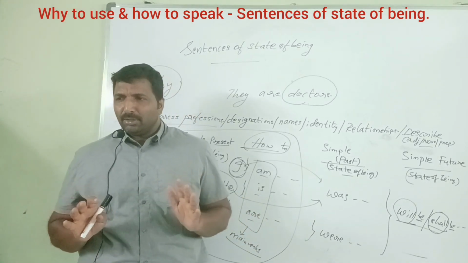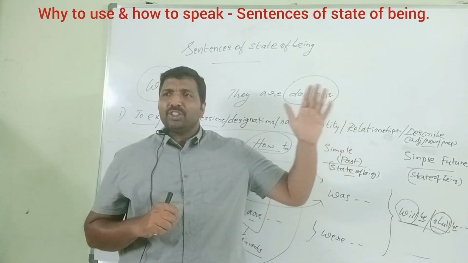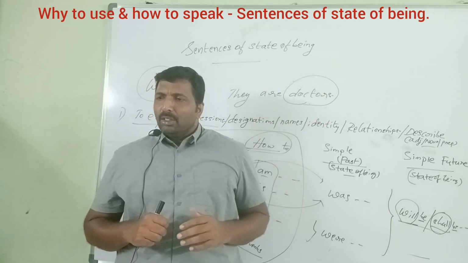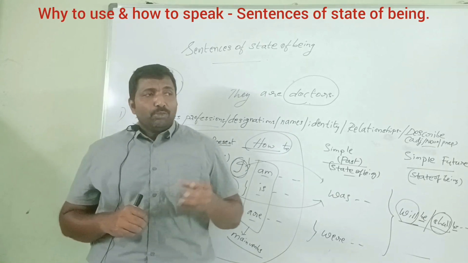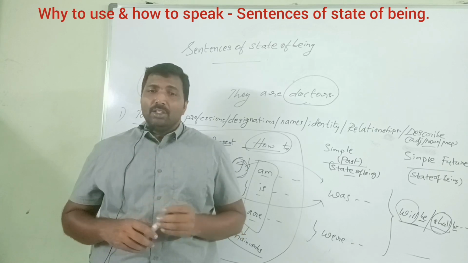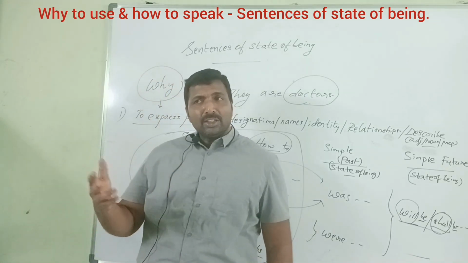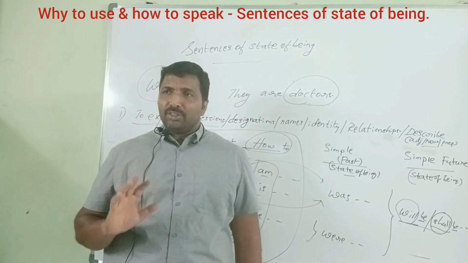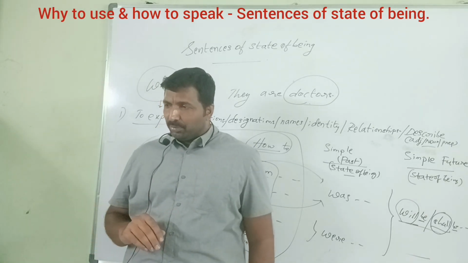Don't conclude like that. In English, some sentences belong to state of being, some belong to possessiveness, and some belong to action sentences. The action sentence is with the object in the active voice. Such an object can be kept as the subject, and that active voice sentence can be converted into passive voice. That's it. There is a lot of limitation. All sentences cannot be converted into passive.